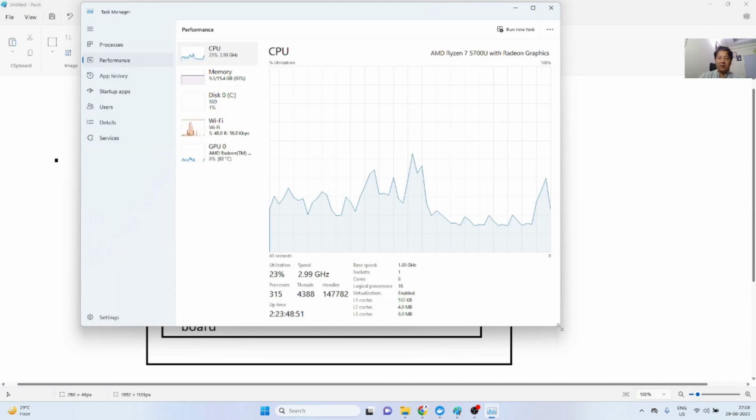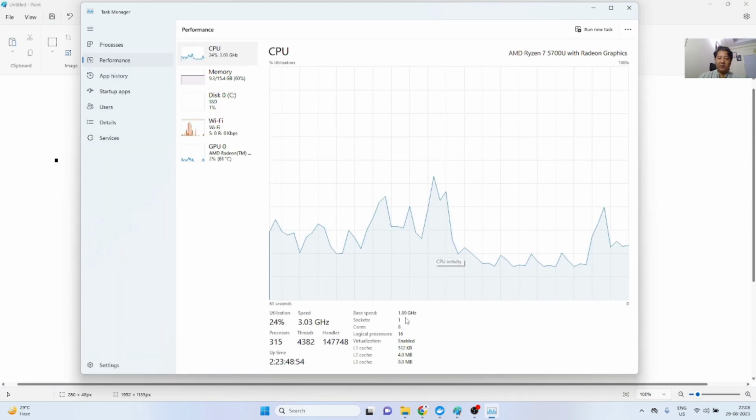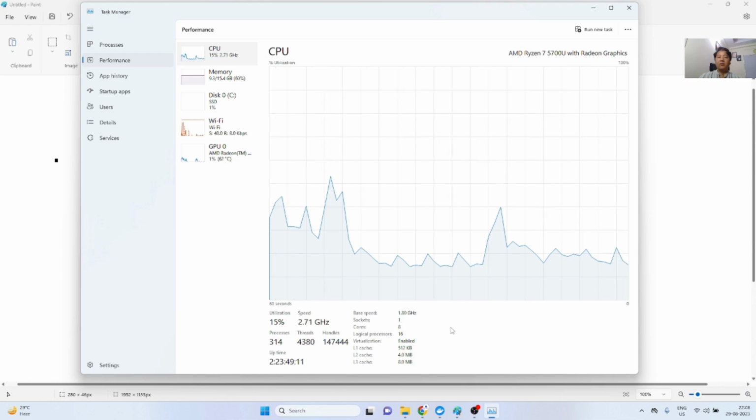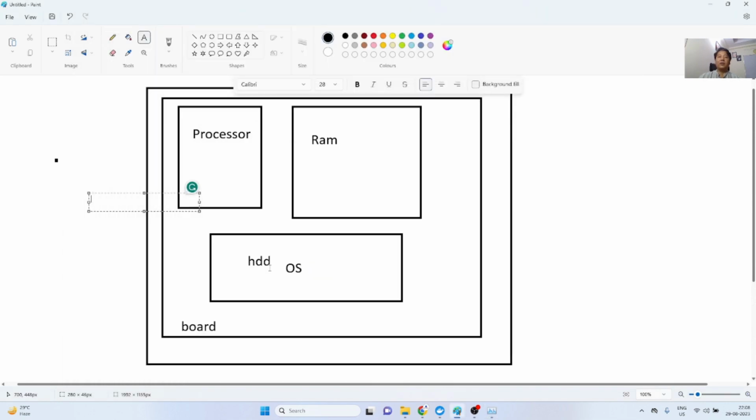Having one logical processor means, for example, if I open Windows Performance, you see there are cores, and in the CPU there is core, right? If you see, there are 8 cores. That means we could have 16 logical processors. In a nutshell, that means we could create 16 threads. But earlier, when there was no concept of multiple cores, there used to be only one core, one single CPU with ALU. So in that case, what operating systems used to do is use